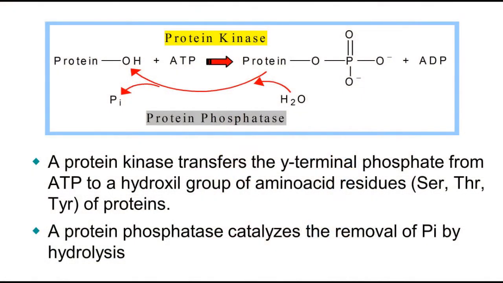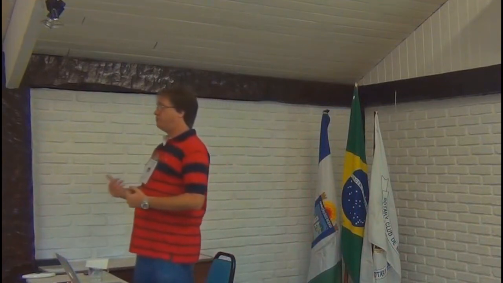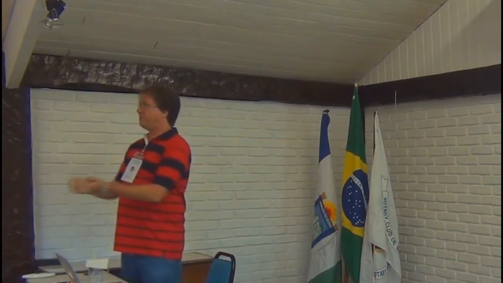The reaction is quite simply like this. You have the protein in the presence of ATP. The kinase transfers the gamma phosphoryl from the ATP to the protein, and that's it. The protein is now phosphorylated. All the protein kinases have a partner or a rival, that is the protein phosphatase. Okay? So for each phosphorylation, we have a phosphatase to dephosphorylate that substrate and return things to the homeostasis, to the normal situation of the cell.